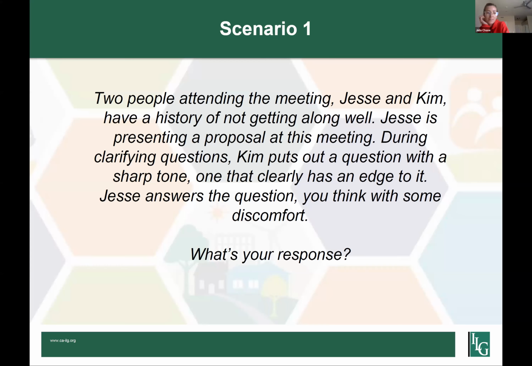I have a couple of thoughts. I think one thing you can always do is repeat back to them, like what I hear from you, Kim, is that you're concerned with X. And what I hear from you, Jesse, is that this is how you think we should approach the project. And then maybe turn it to the larger group: are other people also concerned with this? Or do other people want to discuss this topic, so that it's not so directly focused on the two of them, but becomes more of a discussion than two people at each other.